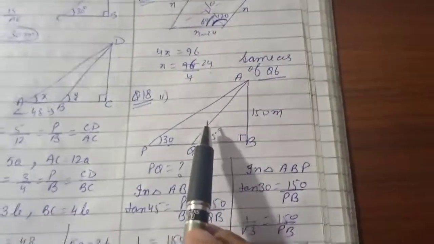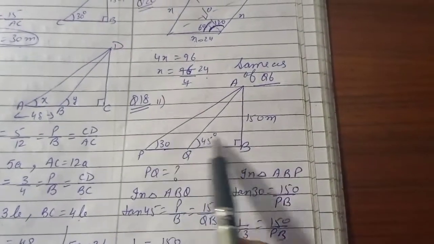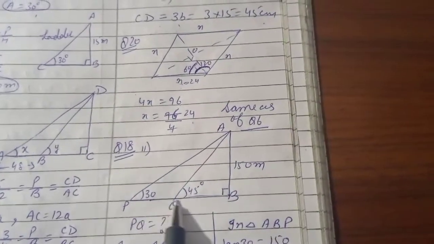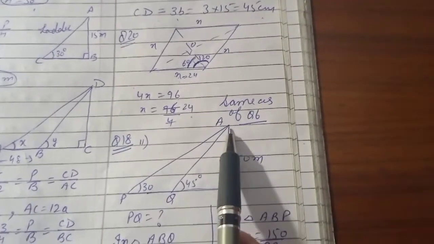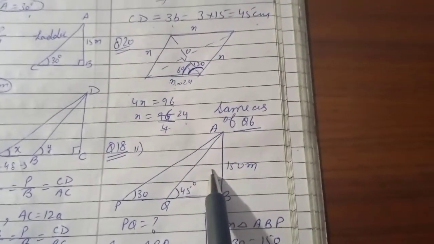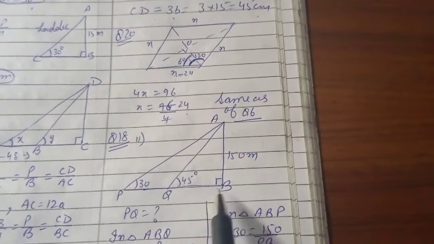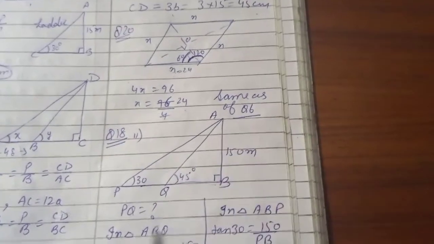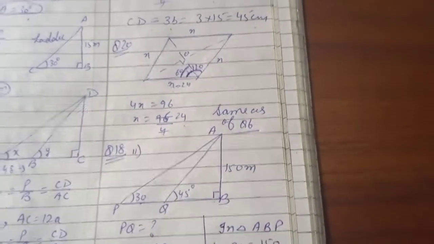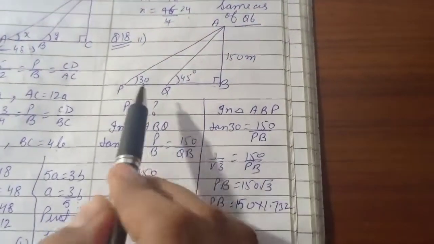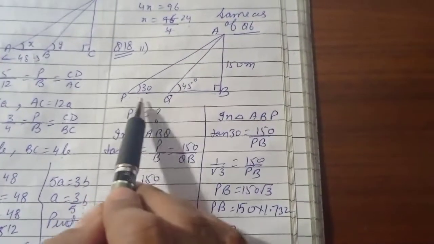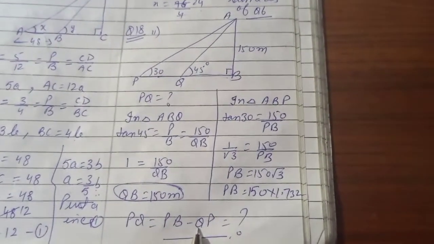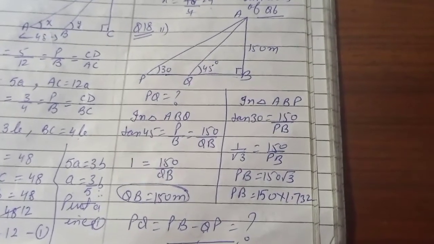18th question, two parts are there. Clear? So I'll explain the second part. In the 18th question, you are asked to find the value of PQ. This side you have to find. So this kind of figure is given. What will we do? First we'll take this triangle. Using this triangle, we'll find QB using the ratio of tan. Then we'll take the full triangle, and using that triangle we'll find PB. Clear? So PB is equal to this. What we are asked to find is PQ. PQ will be equal to PB minus QB. So this way you need to find the values. Put it here. With this, this chapter is over.